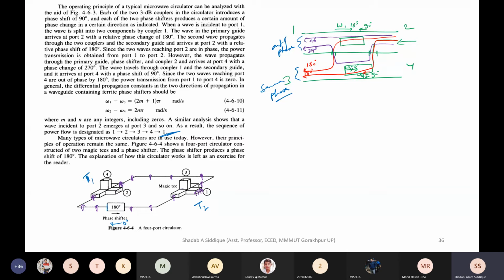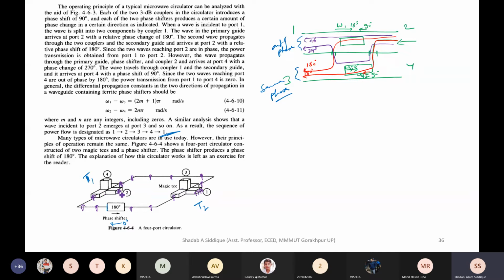When we apply input from both collinear arms, at that time both ports will be used. This port will also work, this port will also work. So we apply input from this collinear arm, we will get output from this port, and from this port. When we get output at this port, this will be the summation and this will be the subtraction of these two arms. If you subtract these two arms, this will be cancelled, this will be 0, because we are just subtracting. Subtracting means this wave will be subtracted from this wave, so they cancel each other, and this will be the sum arm. These two will be summed up, and this will come to this point.